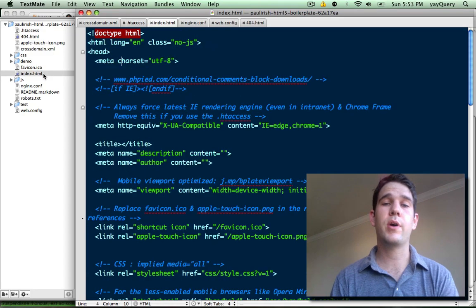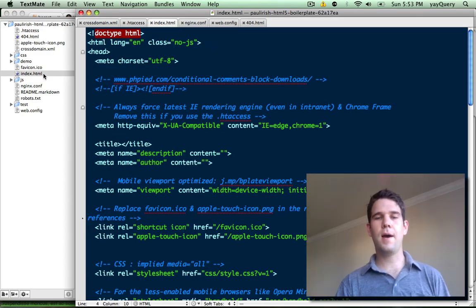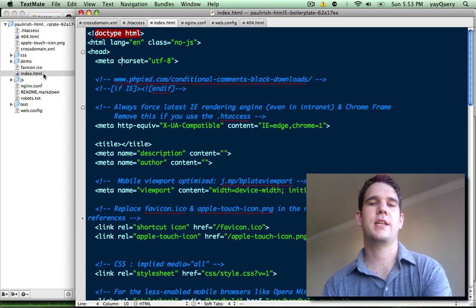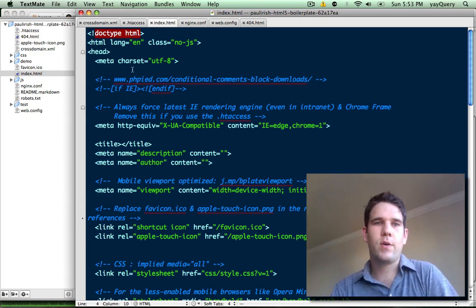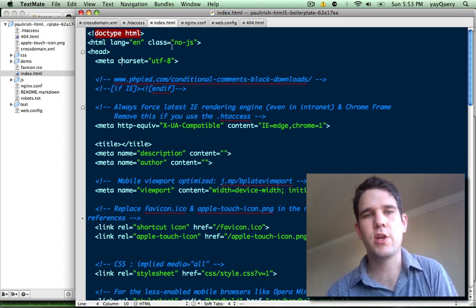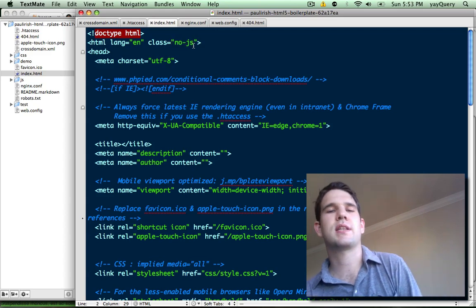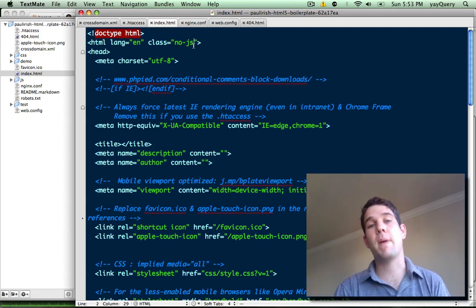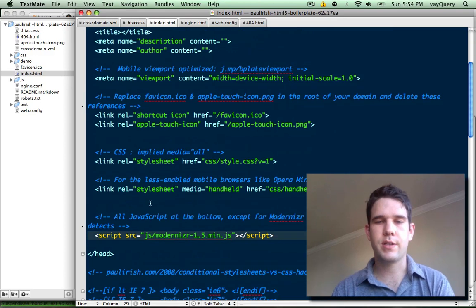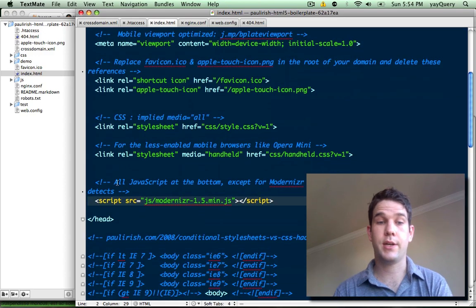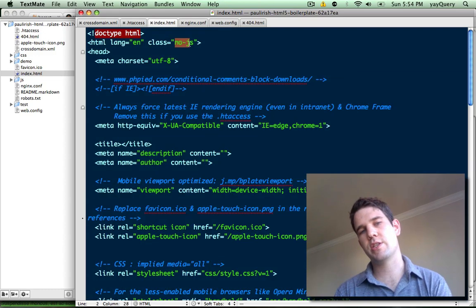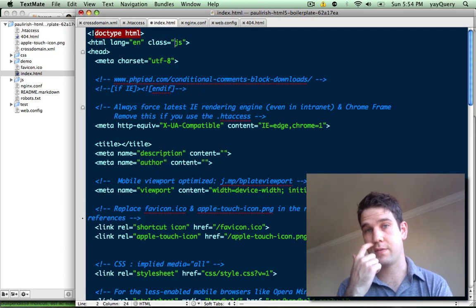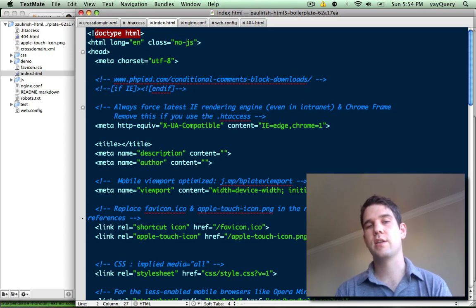But first, I want to go through the HTML. There's a lot of cool tricks in here, and so we're going to go through them one by one. Where to start? I guess I want to start with this no-js class. This no-js class is used by Modernizr. Modernizr is referenced right here. And so Modernizr takes this no-js class and changes it basically to js if you have JavaScript, which allows you to write your styles